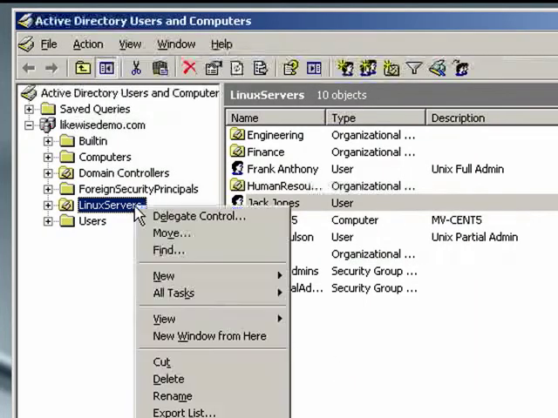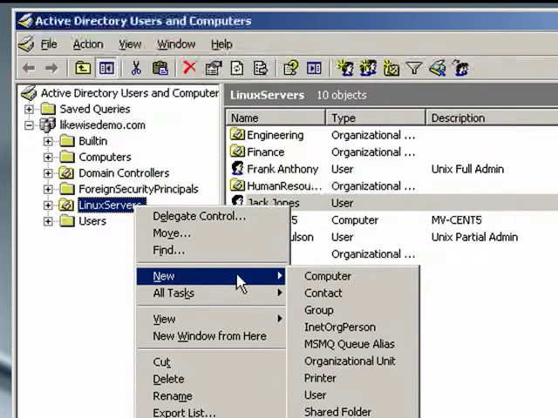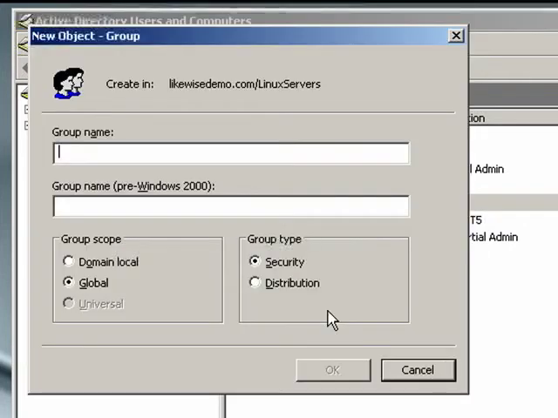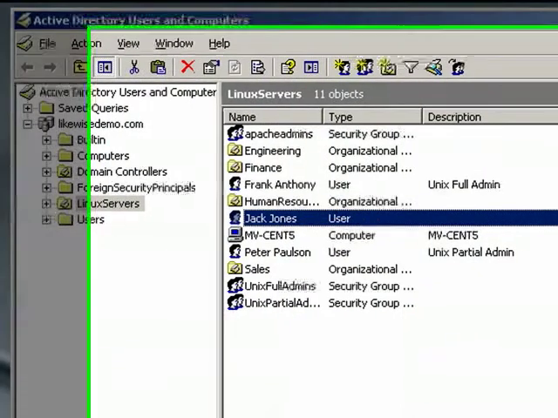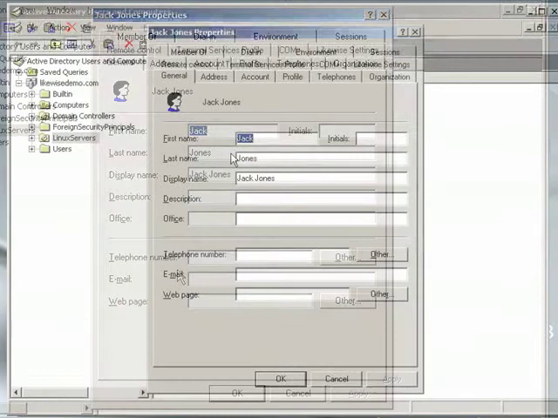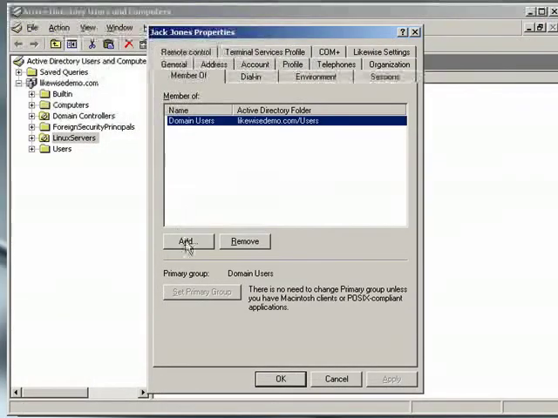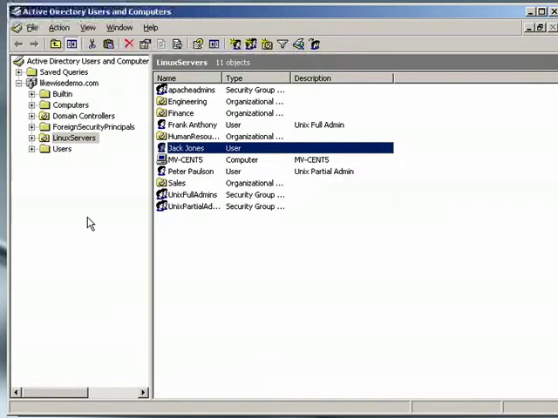While we're here, let's also add a new group. We'll call this Apache Admins, and we'll make Jack a member of that group. Now, just because these users and groups exist doesn't mean that they're available to our Linux machine. Before a user or group can be visible in a Unix machine, it has to be enabled in the appropriate cell. So let's come over here to Jack Jones